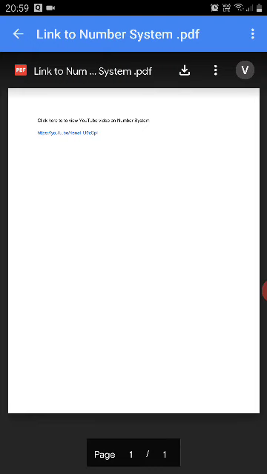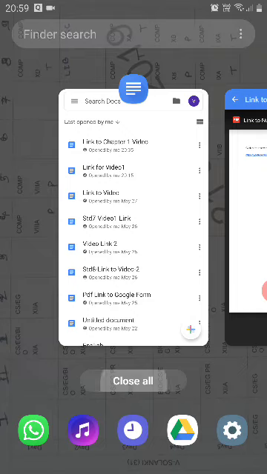Even if you close this, don't worry. Whatever links or documents you create using Google Docs will all get stored in Google Drive by default, so no need to search where your document goes.